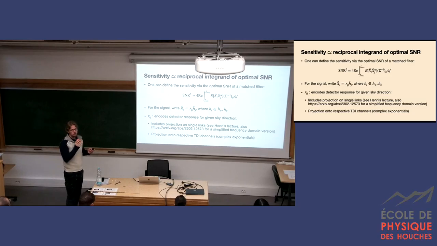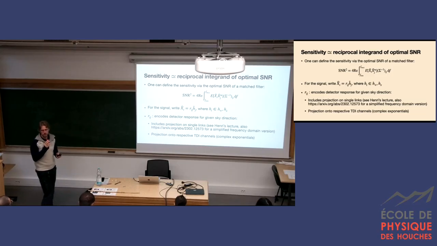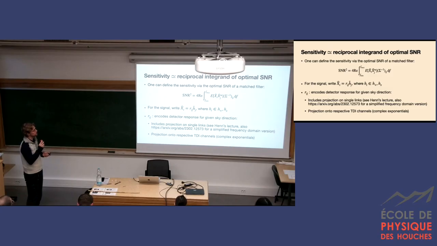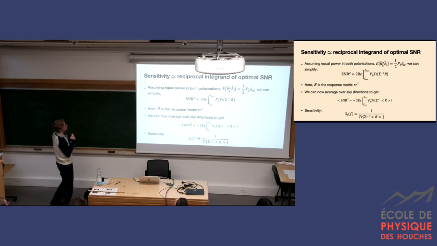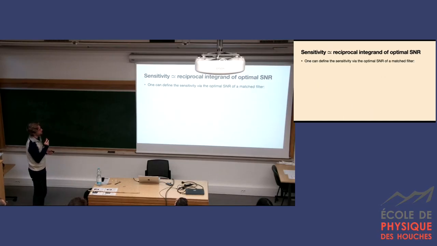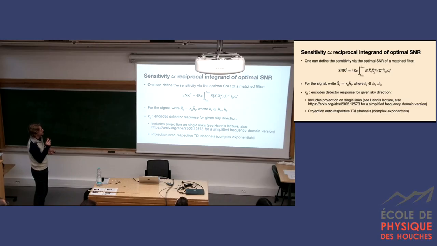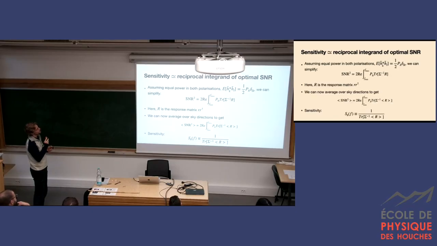But then there's an extra step where you project onto your TDI channels. And luckily, within the approximation in which all of these sensitivity calculations are done, which is stationarity, that step is conceptually very simple. You just have extra complex exponentials that you apply to your measurements, and that's it. This response matrix then contains both parts: the projection on the links and the TDI part. You can then rearrange that, so your X that appeared here is the response matrix times H, and you insert that here,